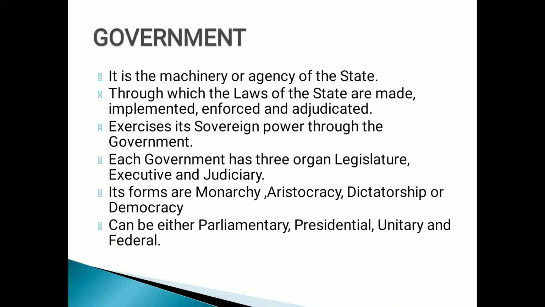So if you see, children, this is what they are trying to say in defining the government. Government is the agency of the state and it has three organs: legislature, executive, and judiciary, children, and we have already done this in class 10 civics. Clear, children? Now, government can be of several different forms: monarchy, aristocracy, dictatorship, or democracy in its organization and working. The government can be either parliamentary or presidential or both, and unitary or federal or a mixture of the two. Clear, children? Let's move on to another element: